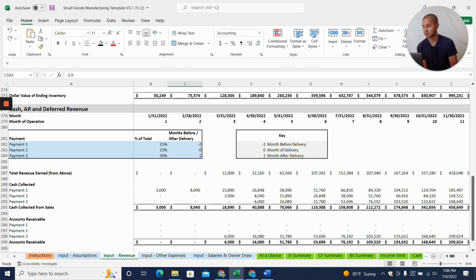And so you have the ability to put in the timing of your payments. So if you do require your customers to pay you up front, here as an example, you can put in -2. So this would say, hey, we're going to get 25% 2 months before we deliver the item. So this is months before or after delivery.